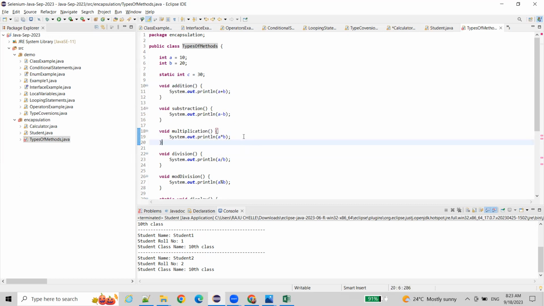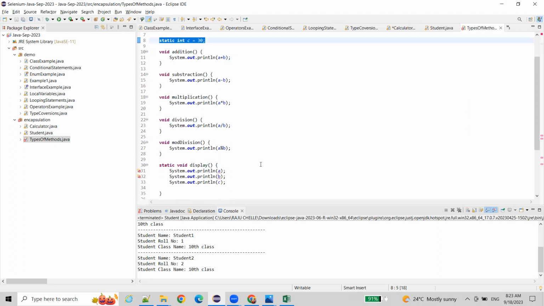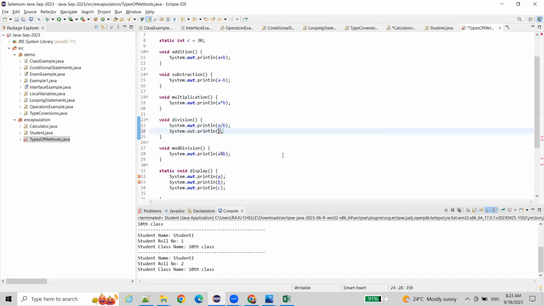So can I print static data in an instance method? Yes, you can print static data directly in an instance method because the memory is already available. So you can directly access it. While executing this, you have to allocate the memory, so at that time it will allocate memory for the instance, for the A and B values. Those will be printed, and this static memory is already available. It is created by the JVM. So this will also be accessed in the